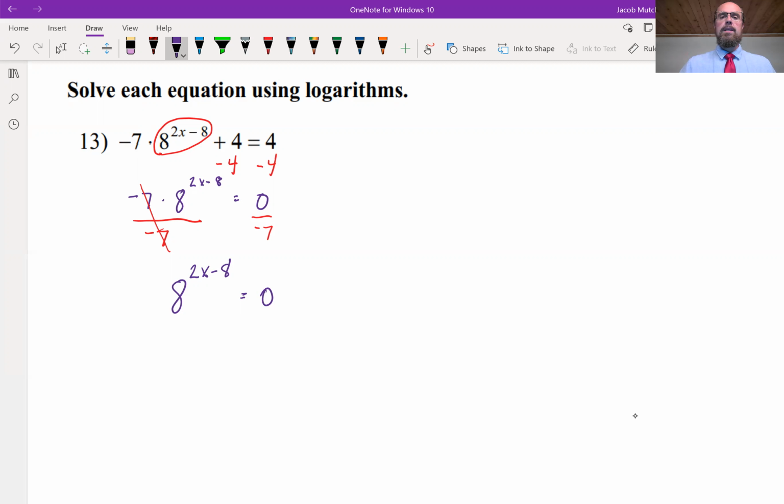Well, when I think about an exponential function, I always have for a parent function a horizontal asymptote on the x-axis that tells me my y value will never be 0 or negative. And so what I look at and consider as I get this arrangement base to a power equals 0 is that there is no solution. There's no power that I can raise 8 to so that it will equal 0. And at that point, I just make a claim that there is no solution